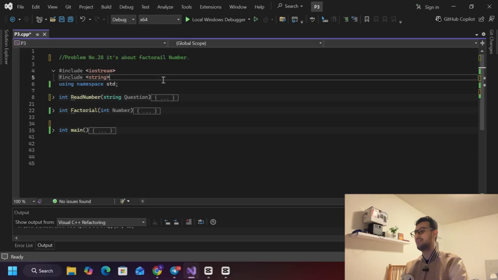Today we're going to have problem number 28. Problem number 28 is about factorial number. What is factorial number? Let's say that the user inserts number 6. So we'll take this number 6, we multiply it with 5, with 4, with 3, with 2 till 1, or